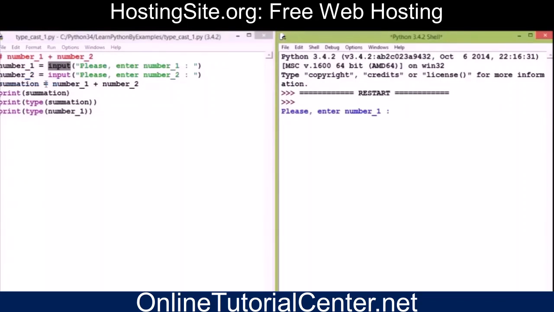To make it simple, let's enter 12 and 34. Hit enter again. Although we entered integer values, the type of the inputted value is displayed as string. The type of summation is displayed as string, and it is simply the result of joining two character strings end